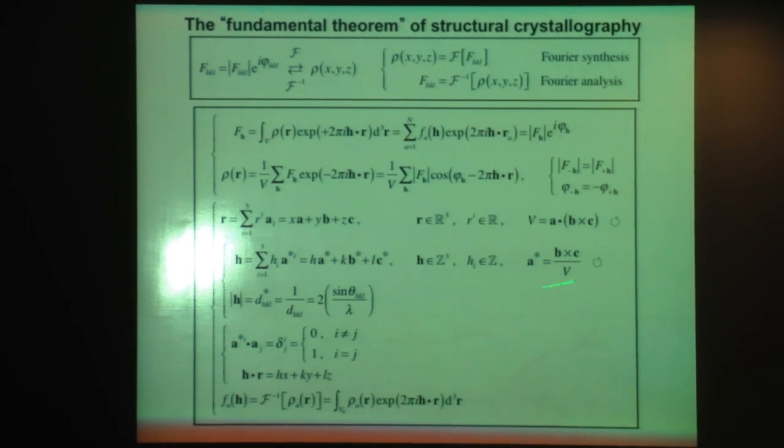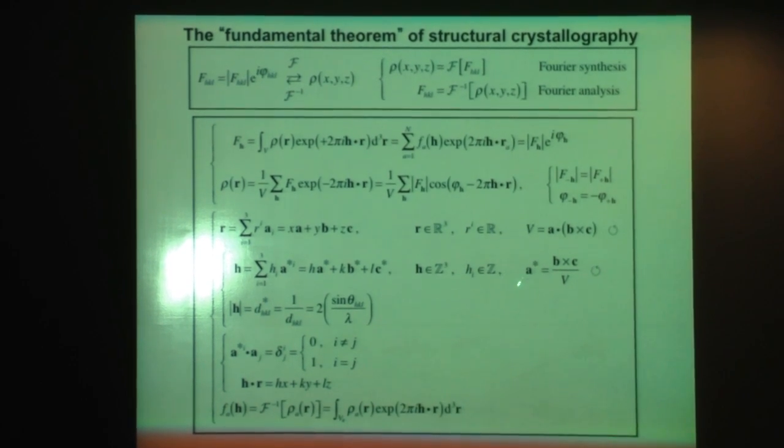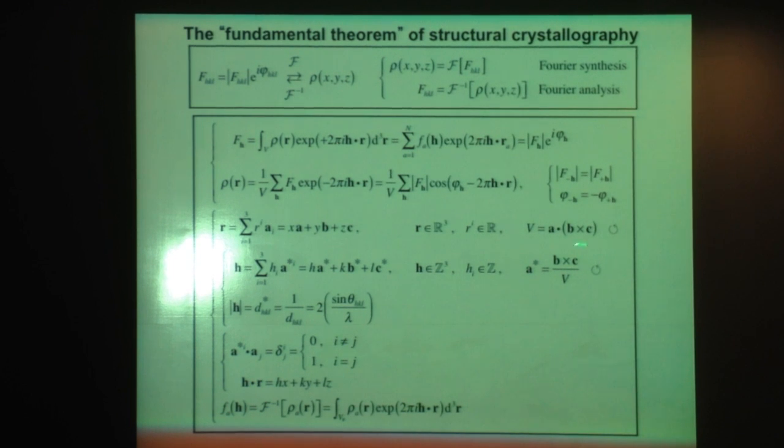And each of those, A star, B star, C star, is given by this kind of form. A star is equal to B cross C over the unit cell volume. B star is equal to C cross A over the unit cell volume, and C star similarly. So this is a more compact and useful notation for manipulating expressions that have to do with the reciprocal